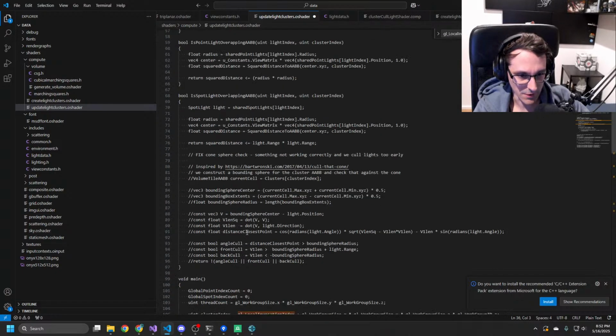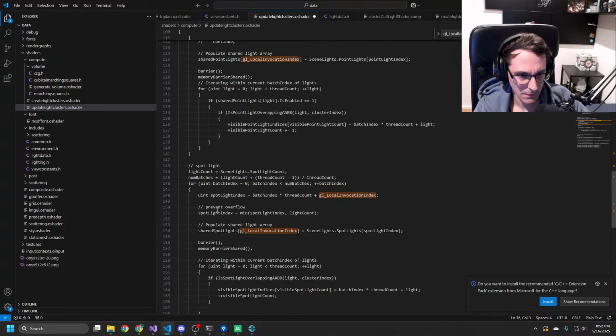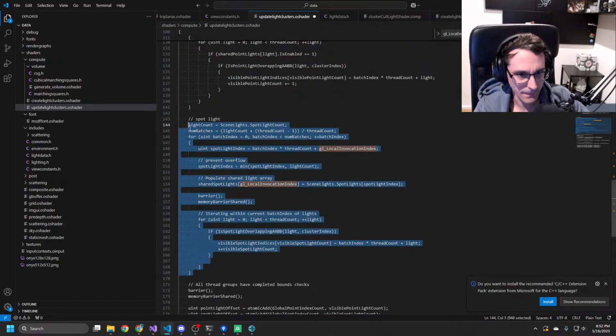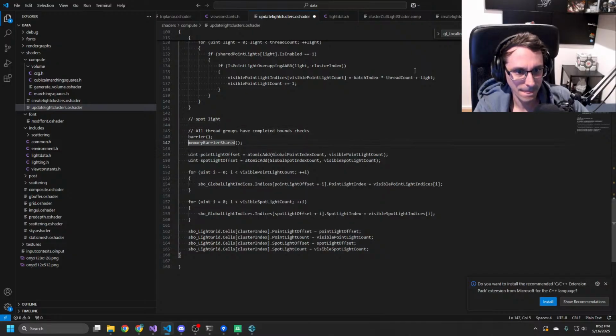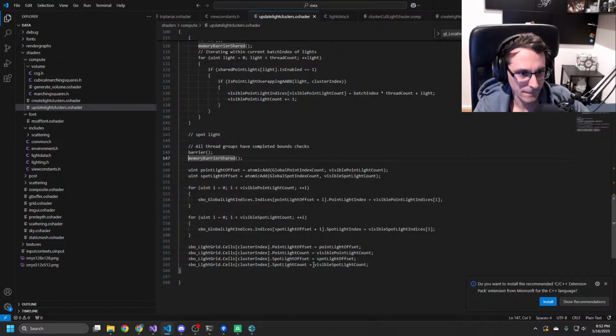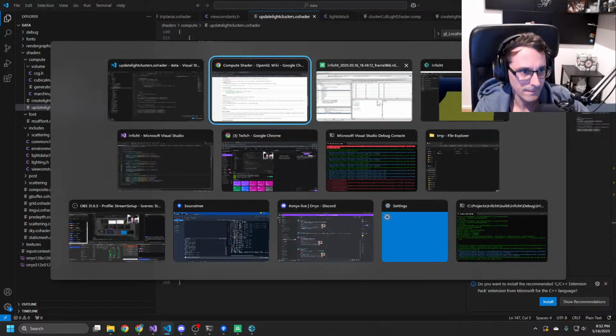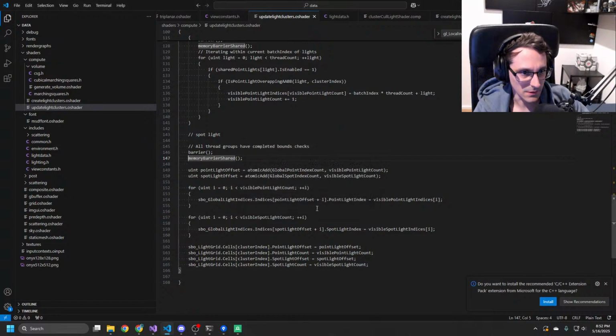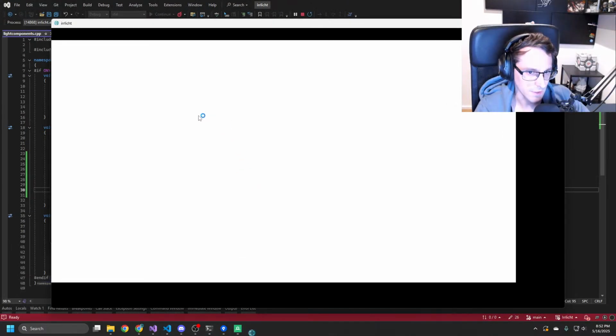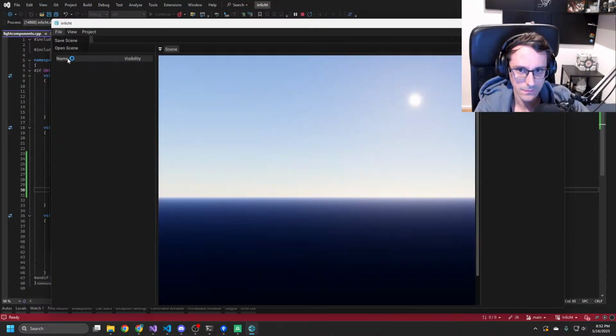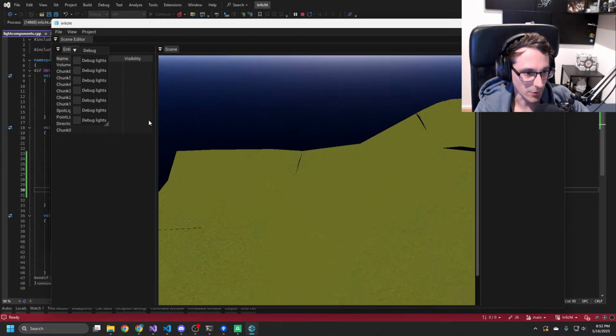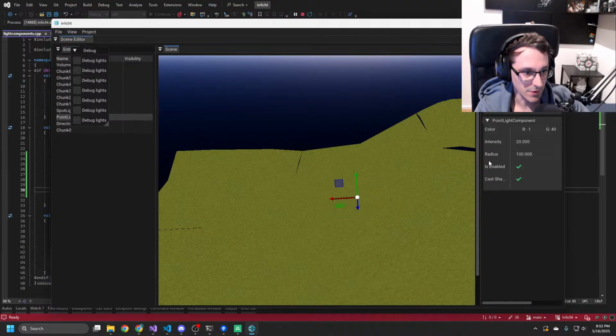Let's get rid of the point lights for now to make things simpler. Not that I think that they make any difference, but why not, right? I mean, if that works now, then that would be super bizarre, but I doubt it does. Yeah, exactly.